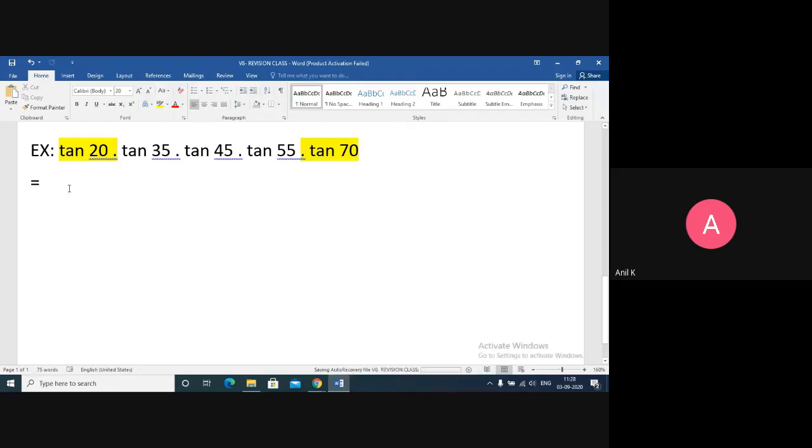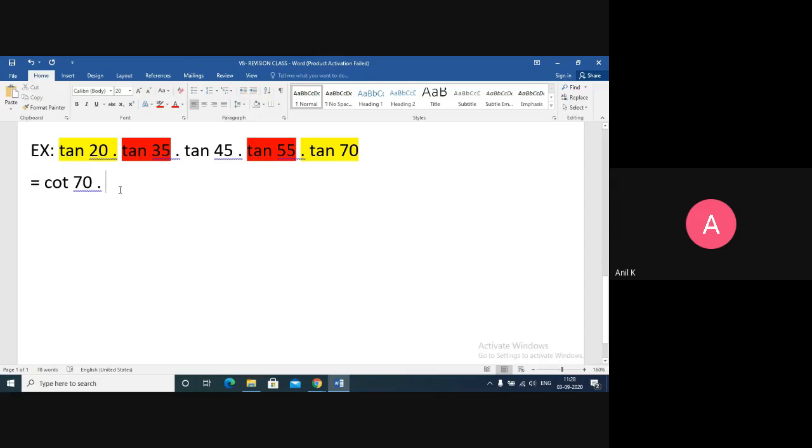So out of these two, one I'll convert. For example, if I want to convert the first one, tan 20 you can write as cot 90 minus 20. Or instead of this headache, tan 20 will be same as cot 70. You write it directly, no problem. Multiply by, next we have tan 35. You can choose another color. And tan 55.